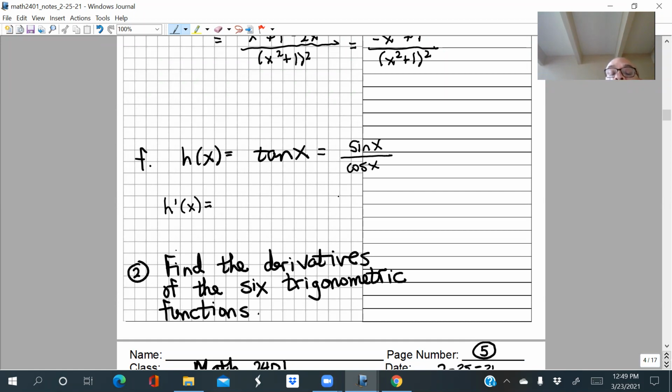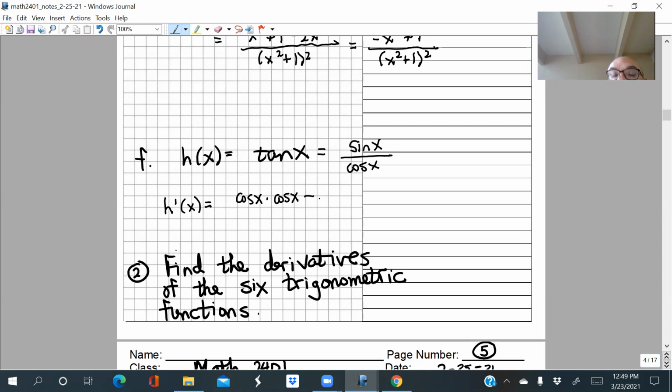So if we apply the quotient rule, what would it tell us? The derivative is the derivative of the sine times the cosine, but the derivative of sine is cosine. So you have cosine of x times cosine of x. Derivative of sine is cosine, and then you keep the cosine and multiply. Minus,